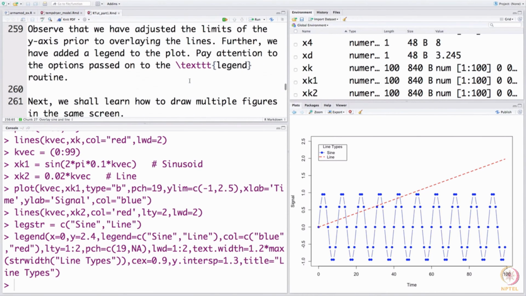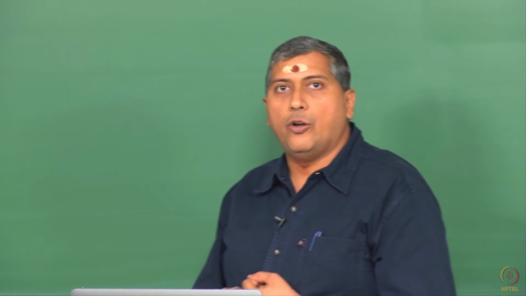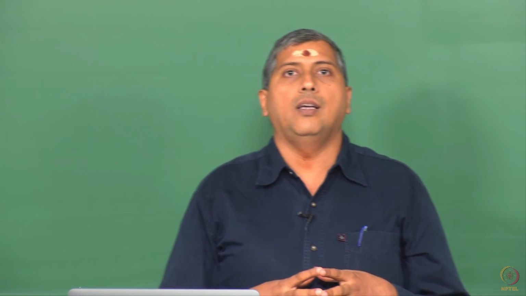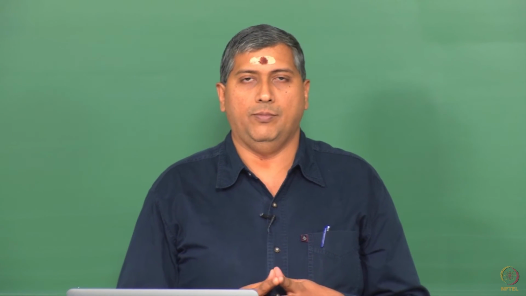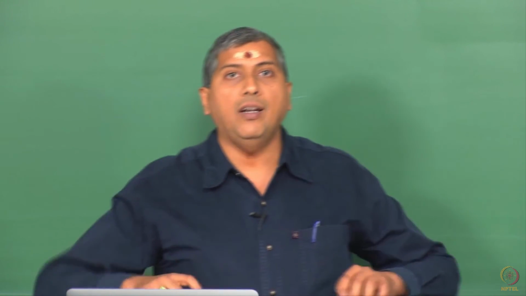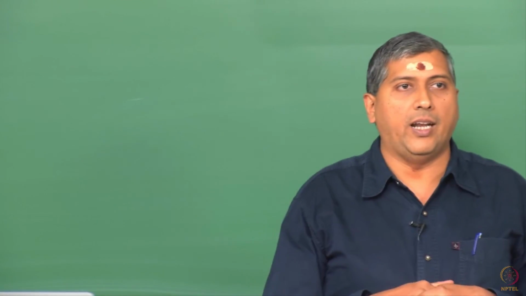So, many things you can do. Let us now close this finally with drawing multiple figures on the same screen, and there are 3 ways of doing that in R: using the par command, layout, and split.screen. What we are going to do is take a time series called SO2. This time series SO2 contains the sulfur dioxide levels in Los Angeles over the period 1970 to 1979.